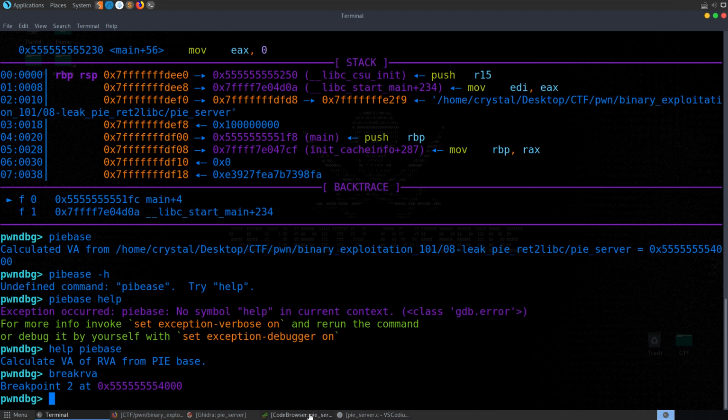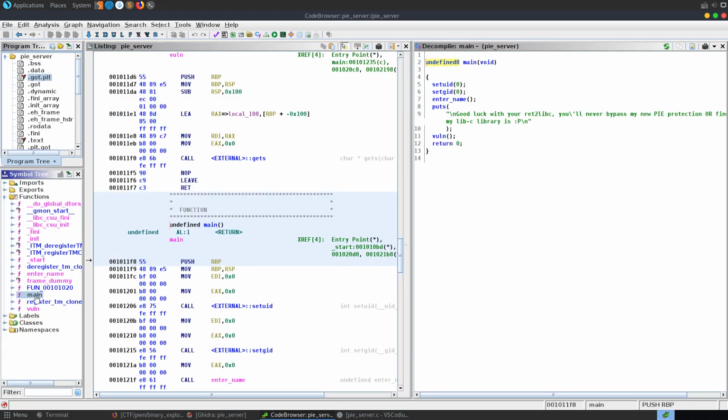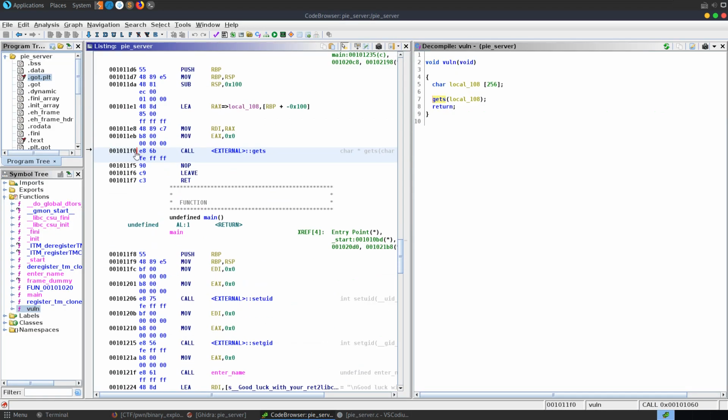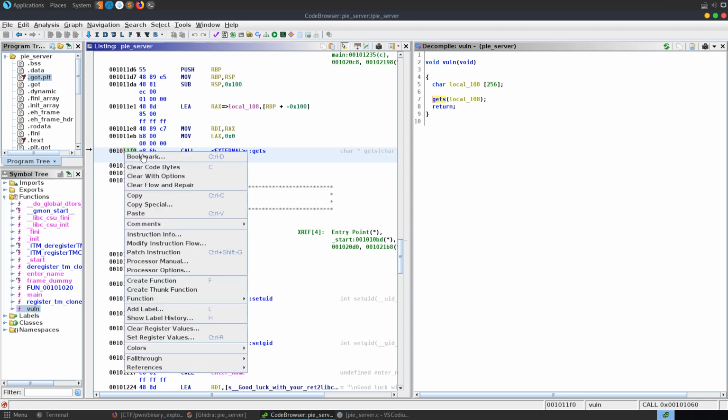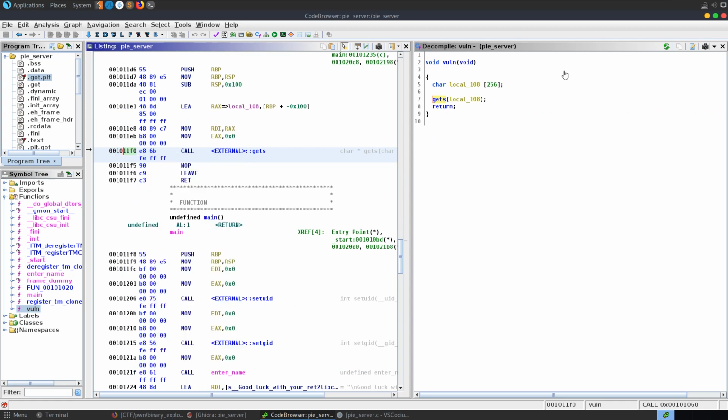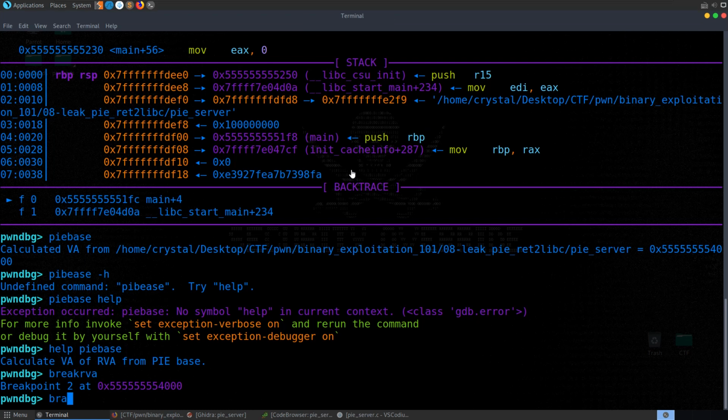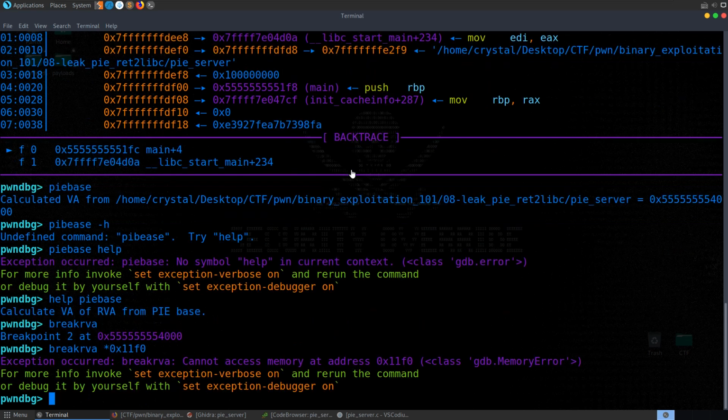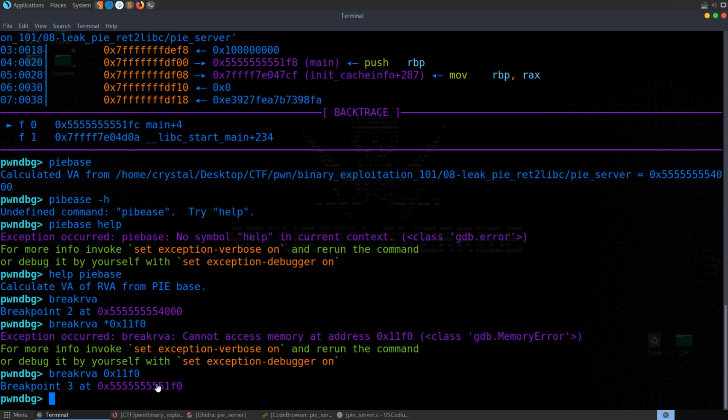So if we go back to our code here, let's say we wanted to put a breakpoint here. So we take this offset, it's 11F0, and we'll say breakrva. I don't think we need a star, but let's just see. We don't, okay, without the star. And that's going to set up a breakpoint there, which basically means that each time the program loads, even though